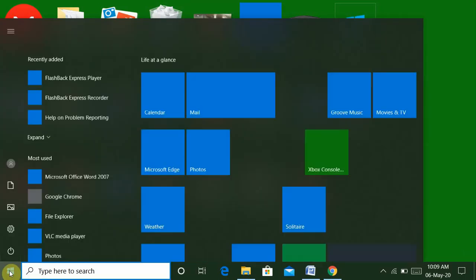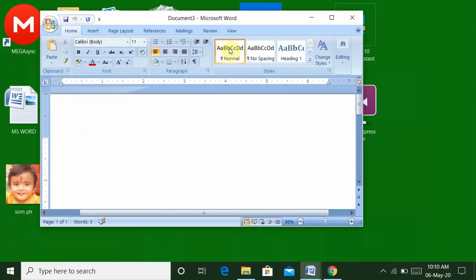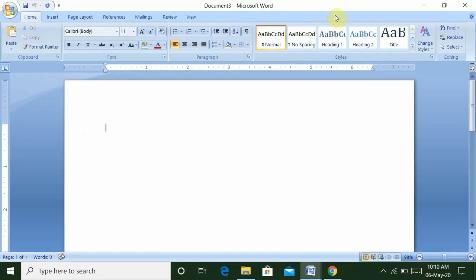Firstly, click on the Start menu and go to Microsoft Office Word 2007. This environment opens, maximize it and then look. These are your tabs: Home tab, Insert tab. So many tabs are available.